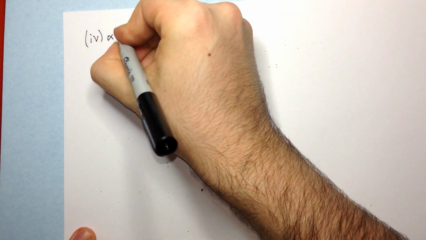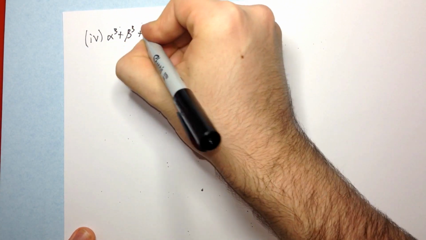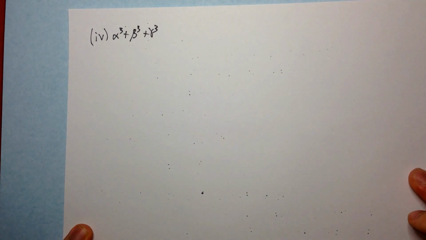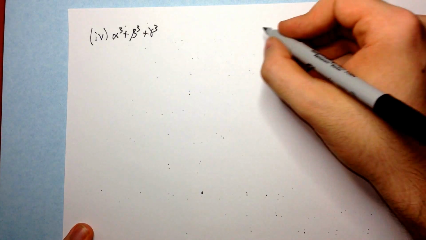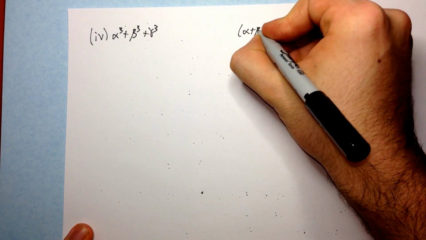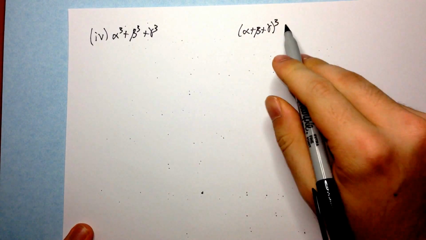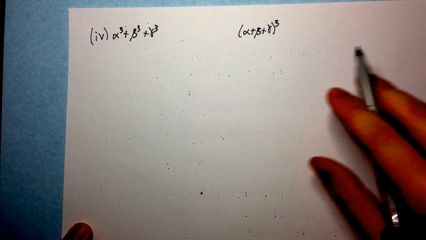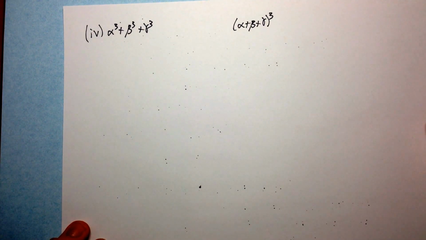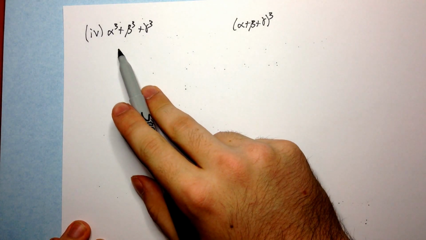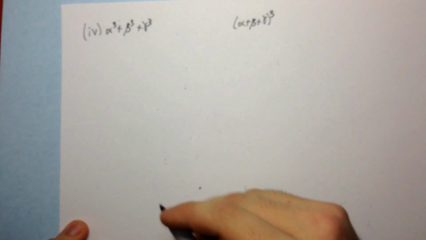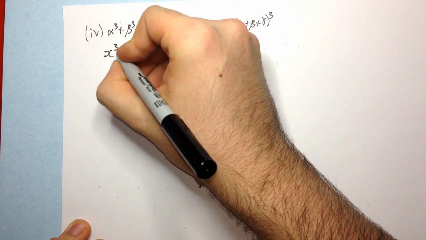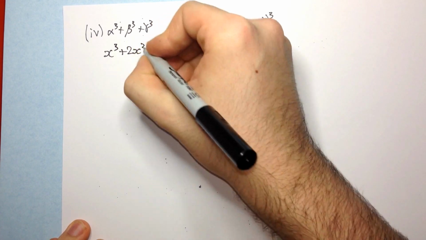So it's alpha cubed plus beta cubed plus gamma cubed. Now you could go ahead and get an expression for alpha cubed plus beta cubed plus gamma cubed by doing alpha plus beta plus gamma all cubed, but then you'd have a lot of simplifying to do and you'd get quite a large expression and there's a high chance of making a mistake. But there's a different way to do these questions and you can extend it to degree 4 and degree 5 and so on. If we have a look at the original polynomial, or the original equation,